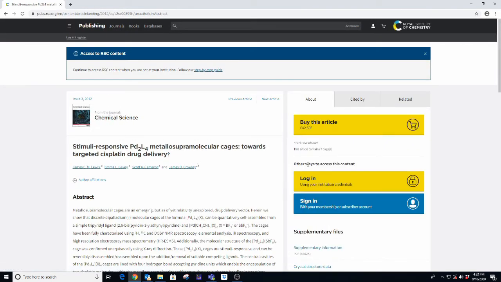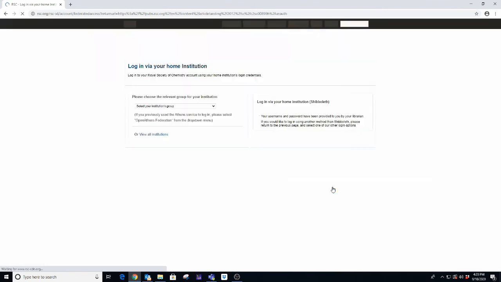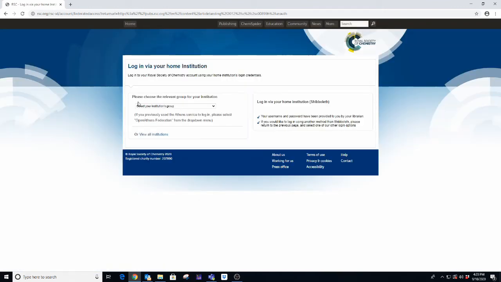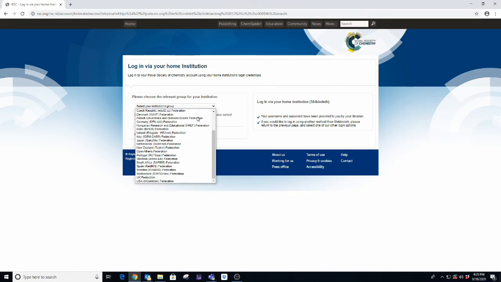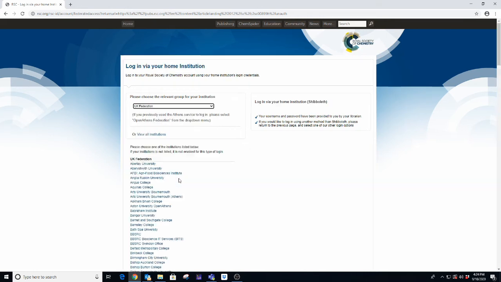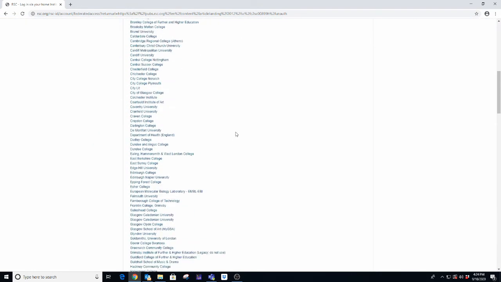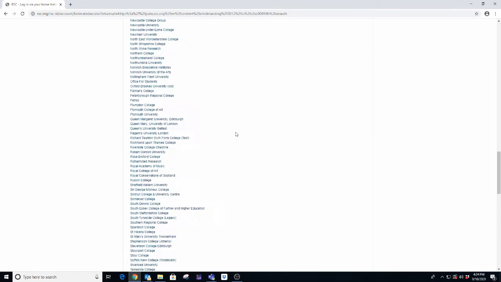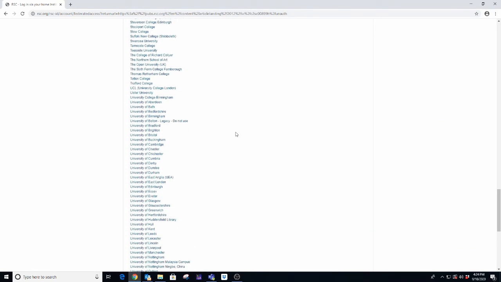Once again, you'll see that I don't have immediate access to the article. It's asking me if I want to buy the article. Of course, we don't want to do that, so I can log in using my institutional credentials. So I click on this tab here, and I select the group that my institution belongs to. We're a UK university, so we come right the way down in this drop-down menu to UK Federation. If you scroll all the way down this list, there are all the universities in the United Kingdom. I click on the University of Chester,